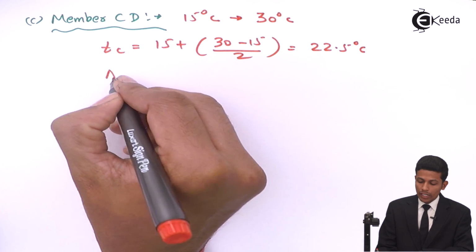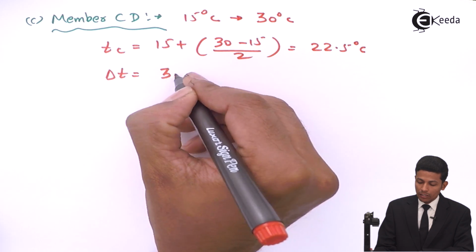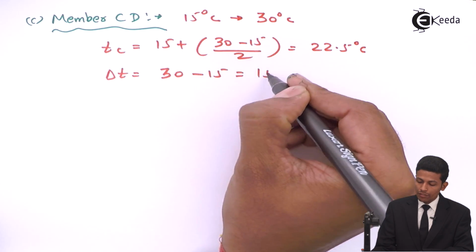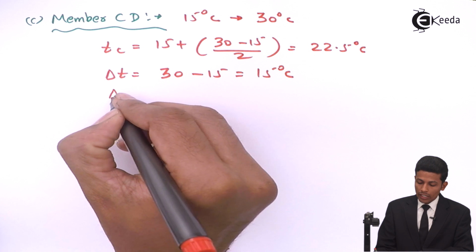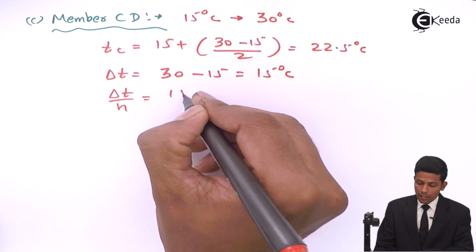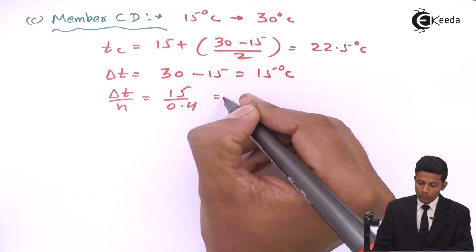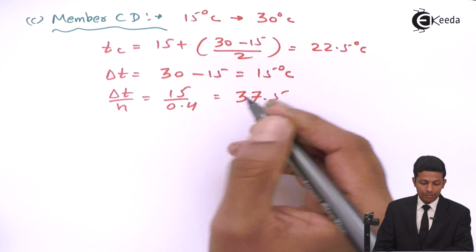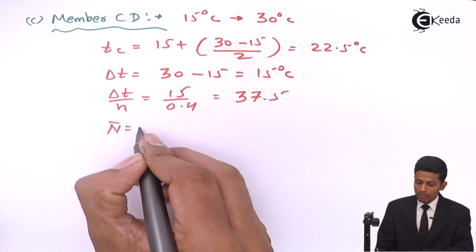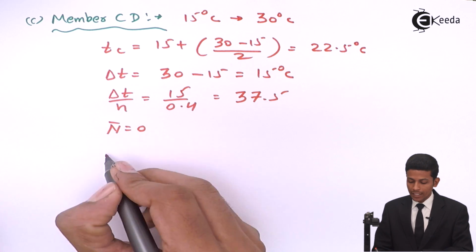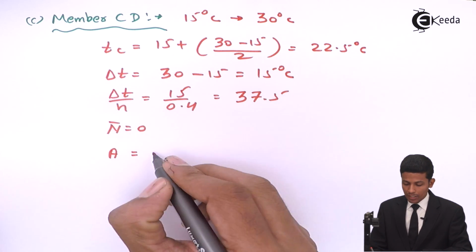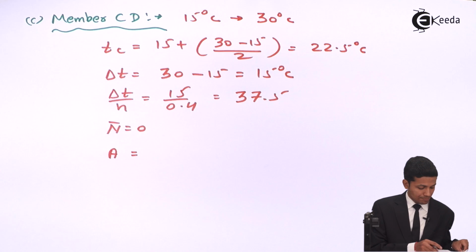Okay, now delta T will be 30 minus 15, which is equal to 15 degrees Celsius. Now delta T upon H will be 15 divided by 0.4, which is equal to 37.5. Here n bar will be 0 because there is no axial force diagram. Now area will be, since it is a part